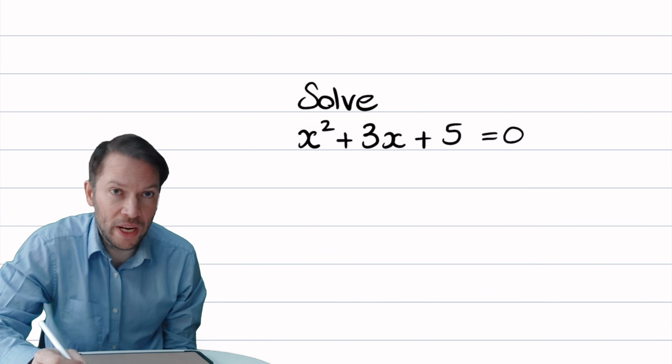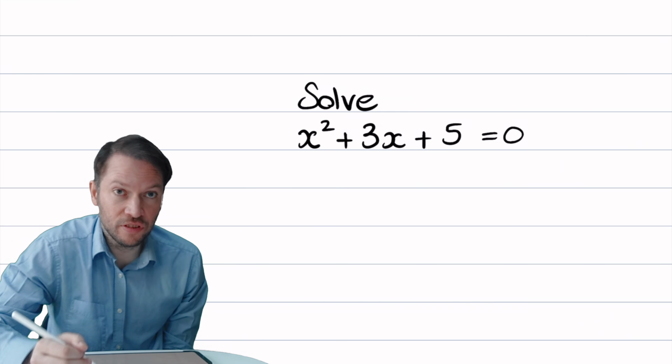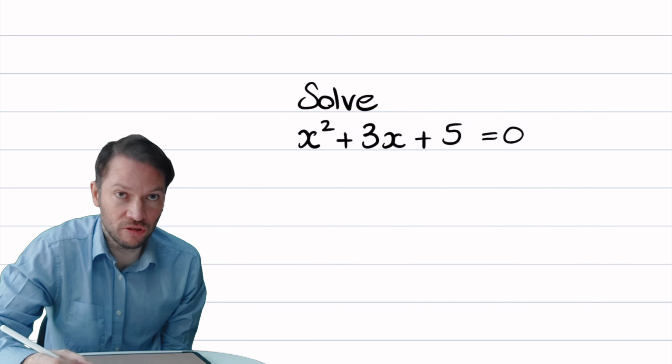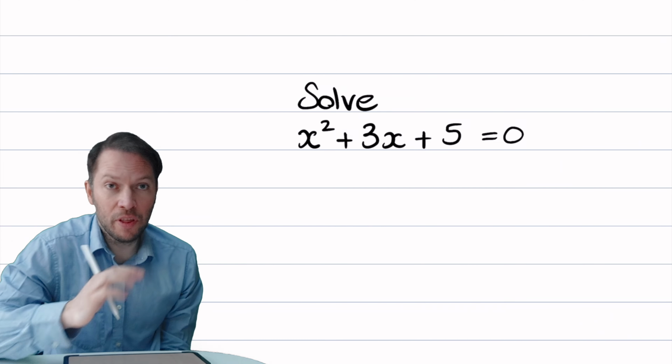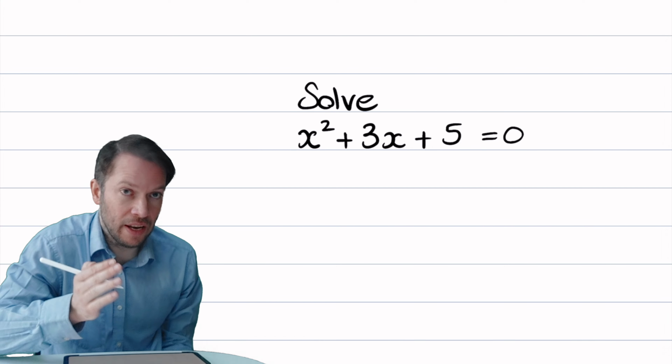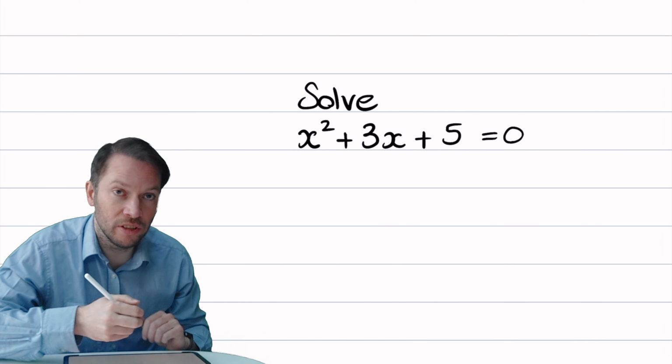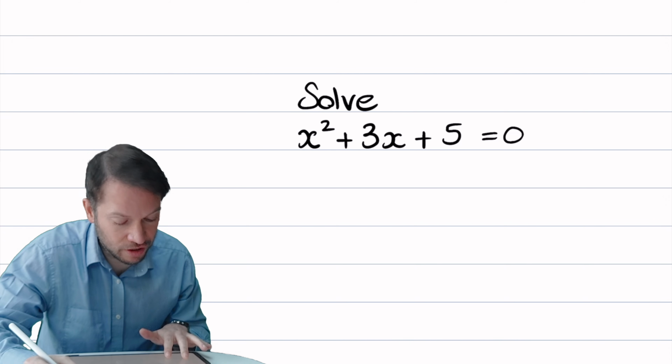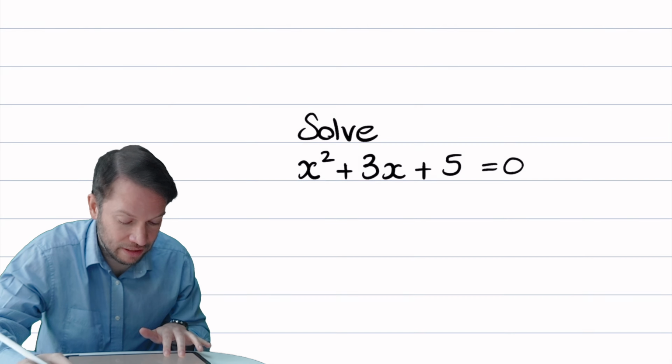Hi, in this video, we're going to explore something called the discriminant. And the discriminant allows us to work out how many solutions a quadratic equation has. For the moment, we'll just calculate the discriminant, and then in further videos, we explore how we're going to use it. But let's just say we were trying to solve this quadratic equation here, x squared plus 3x plus